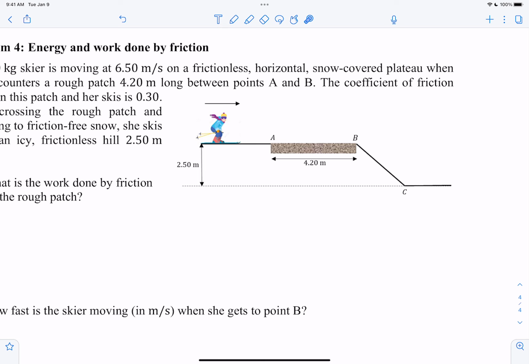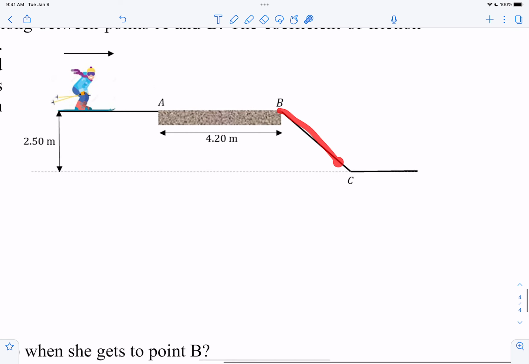Because here, for example, when you start up here, it's all potential, and then when you start moving, you still have potential and you now have some kinetic. And then when you slide down, you have a decrease in potential, right? And you still have kinetic because you're going downwards. So by the time you hit C here, if you made this bottom your 0 point and this height,